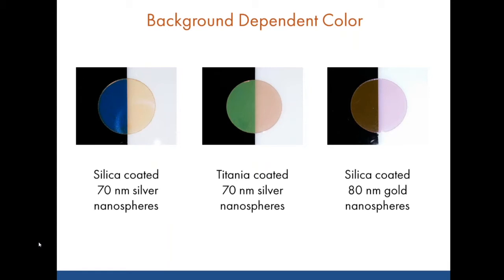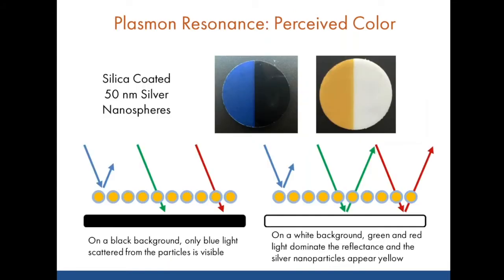So very unusual in the sense that this would not happen with a typical dye. Typically you would just get a red that would look red on the white, and would sort of be a duller, barely visible red on the black. So the way this works, and this kind of comes back to what I was talking about before with subtractive